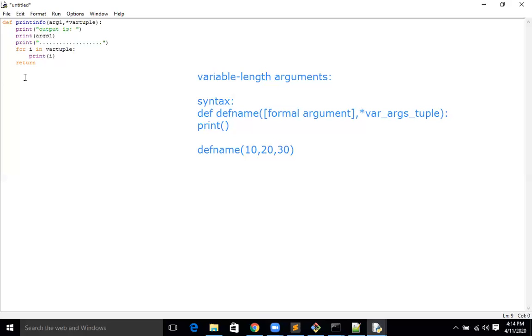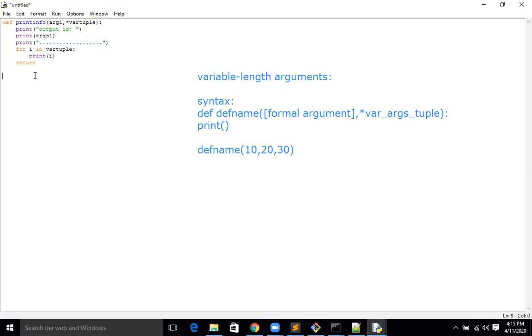In Python, if you are not giving any return type of data, the function returns null; it is taken as void. Void means you are not returning anything, no return value.